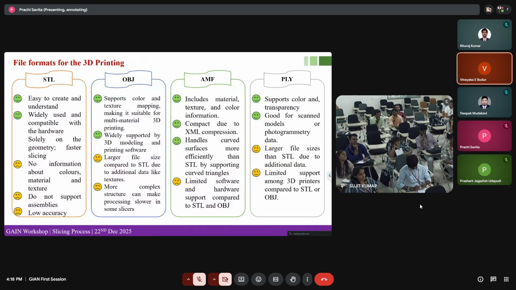Okay. And coming to the different file formats which we have in 3D printing: STL, OBJ, AMF, PLY. All these formats I will introduce one by one. The STL format was established around 1987 by 3D Systems, one of the biggest manufacturing companies and design software makers. So they invented this, and an STL format describes the surface geometry of the 3D object without any representation of